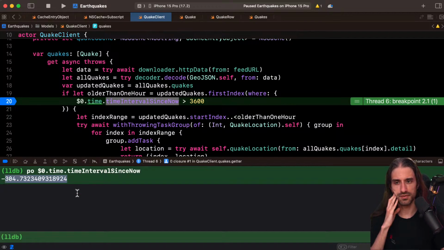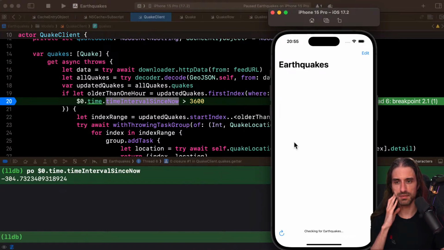I think it's a time zone thing that's happening because my simulator is not set on the same... oh, yeah, that's what must be happening, my simulator is not set on the right time zone.